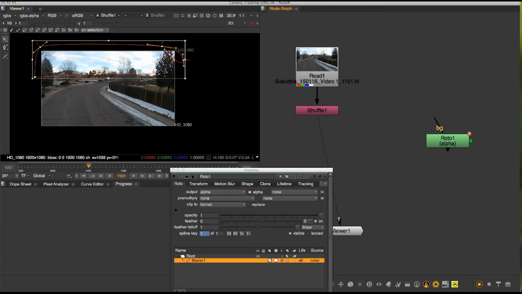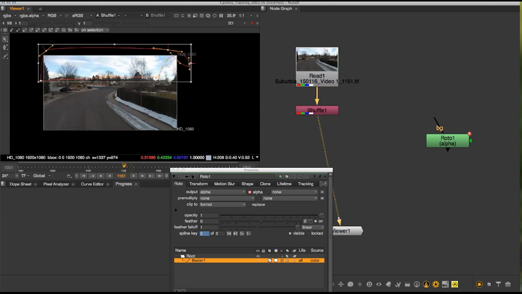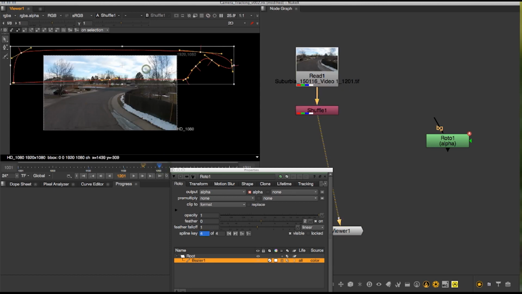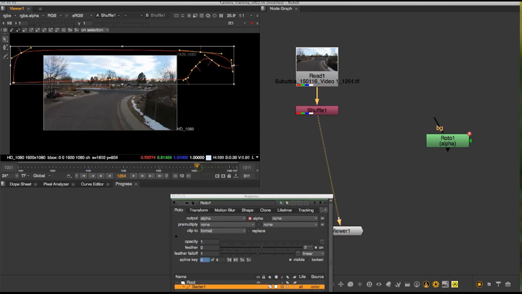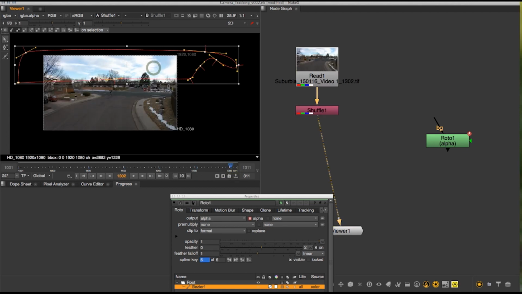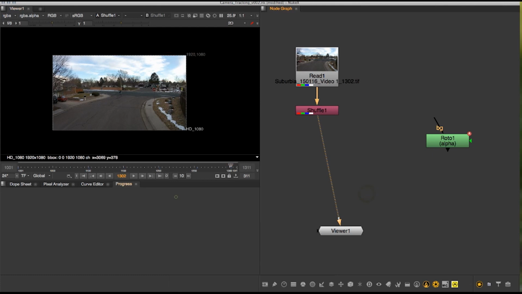Okay, so just going to go through this very loosely and animate this shape as we move it. It's got the auto keyframe down. You can see it's setting down little blue keyframes. So we just basically want to put an alpha channel over the sky to mask out the sky. Now,